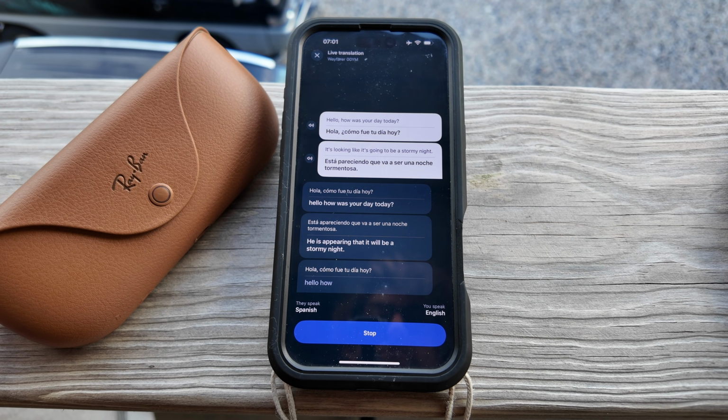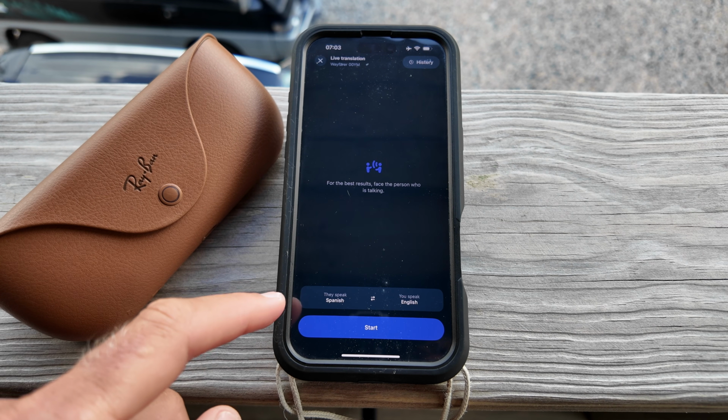I've just tried the live translate feature with these Ray-Ban Meta smart glasses. This is going to be totally unscripted, so if you're not here for a rambly one, feel free to watch one of my other videos. But I want to talk to you about my experiences using these Ray-Ban Meta smart glasses as a translator for